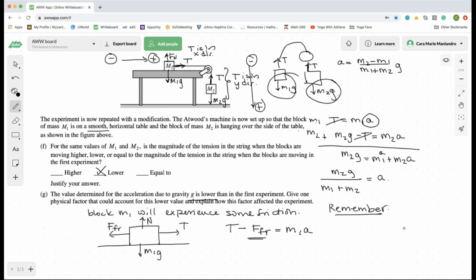So let me finish this thought and then I'll answer the question. Let's remember how we define friction. Friction is equal to some mu k or mu s, the coefficient of kinetic friction, times the normal force. This is the definition of friction. It's always going to be useful if you know that. So for mass 1, my force of friction would be some mu k, they would have to give it to you, times m1g. I feel obligated to point it out since we just invoked friction.